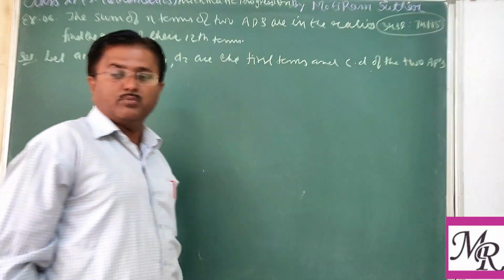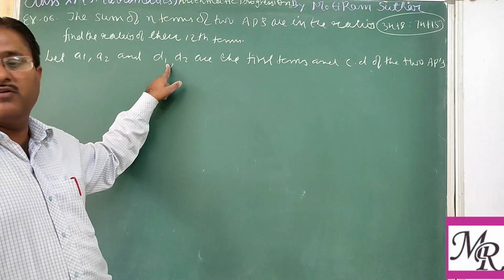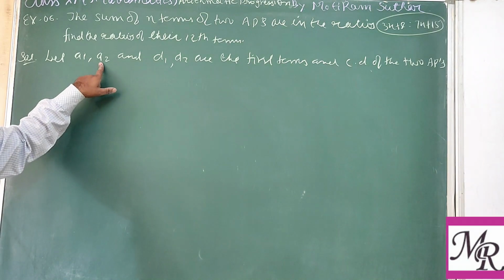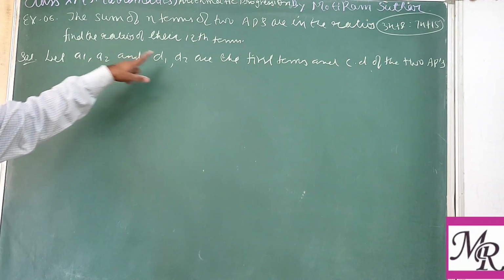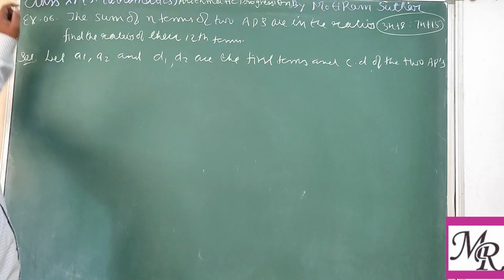So here we are supposing for the first AP, the first term is A1 and the common difference is D1. For the second AP, the first term is A2 and the common difference is D2. Now according to the given condition,